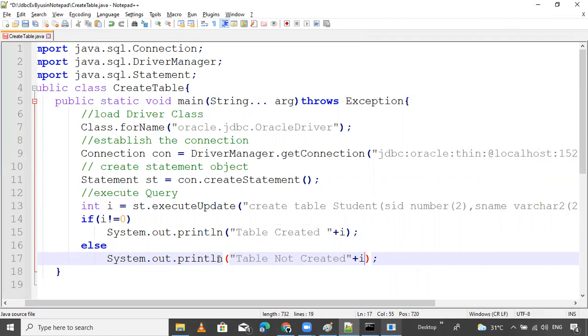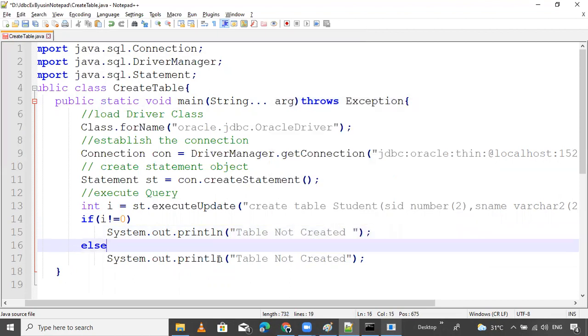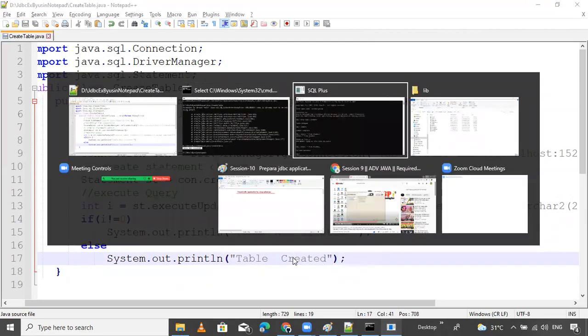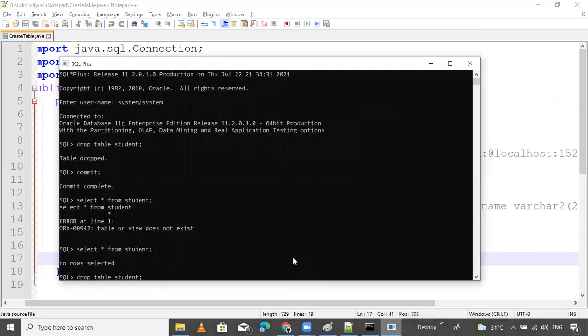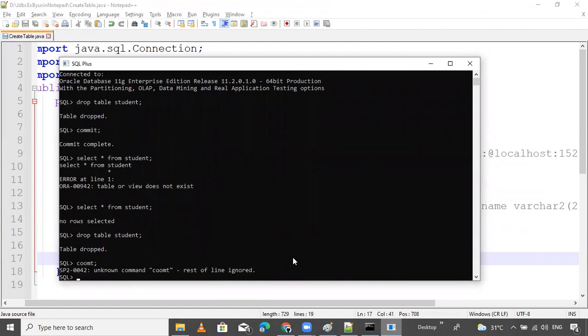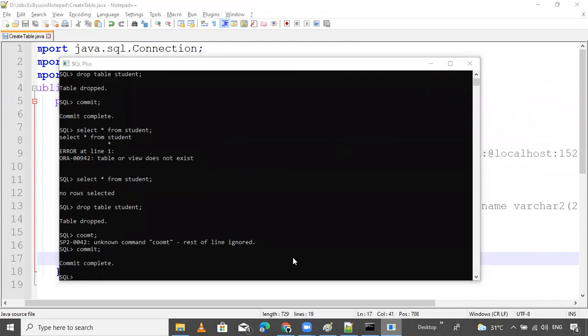You can write the logic like here: create table, and some logic for not created table. Okay, so I want to show one more time. Drop the table. Commit.